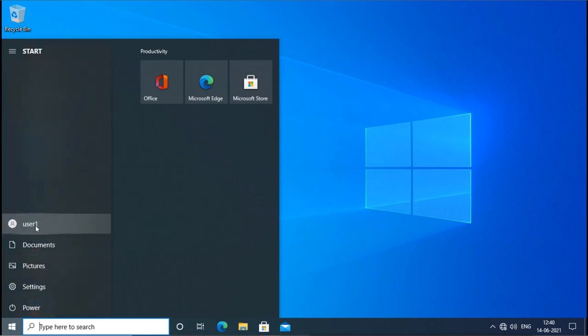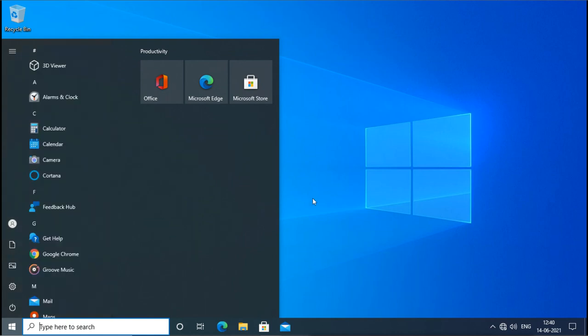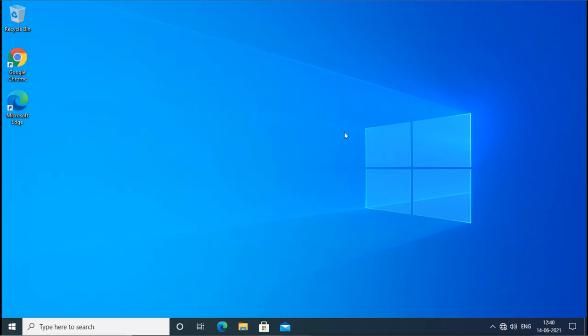It is a domain account and it can log in here, and this user is a normal user. As a normal user logged in here, it will not have administrator rights. It can do only those things which normal users can do, and also those things which the domain administrator has allowed them to do.